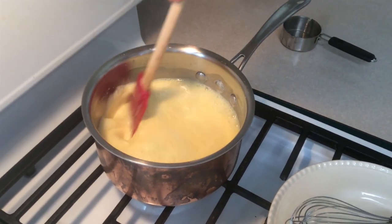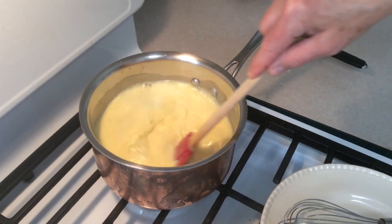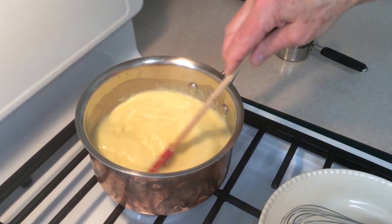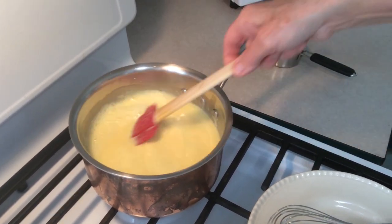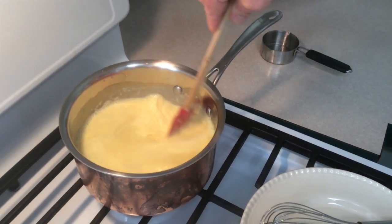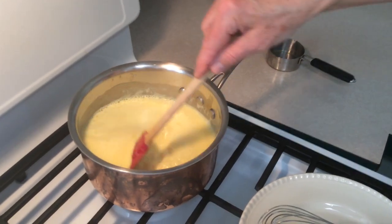Again, if you're just going to be drinking 1 cup a day for yourself, keep the paste separate in the fridge and heat the milk and add the teaspoon or so of paste for a cup of milk. You can add more to taste. It's a very healing food, turmeric and